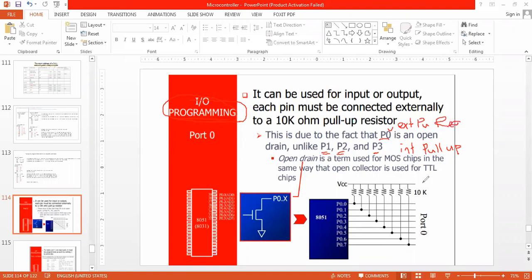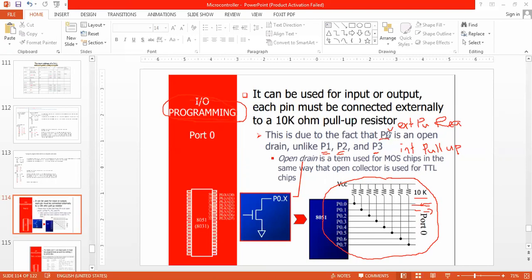How can we use them? In this way, we can connect a 10 kilo ohm pull-up resistor to each pin of port 0, and we can use all these ports for input as well as output. Why?